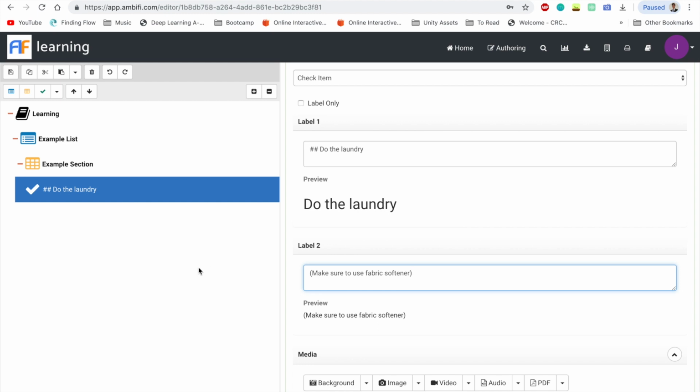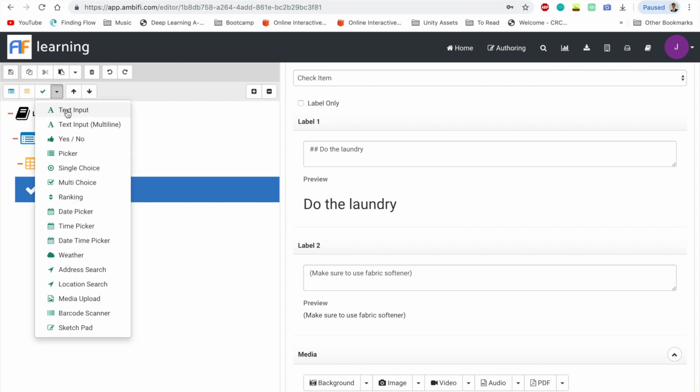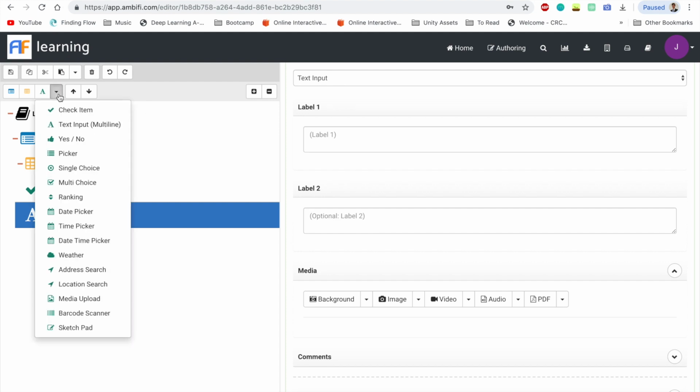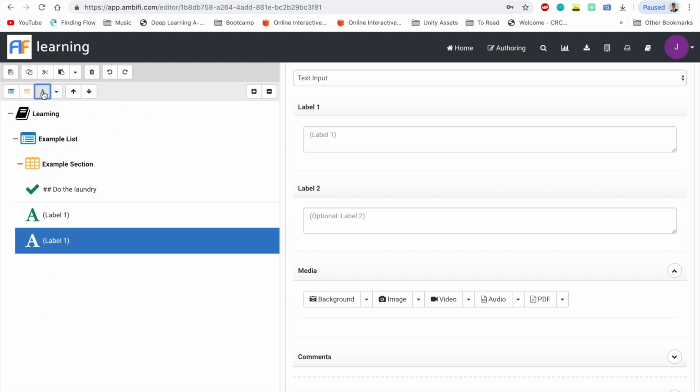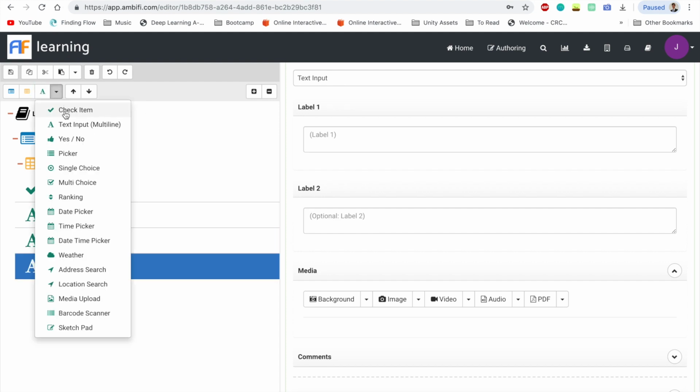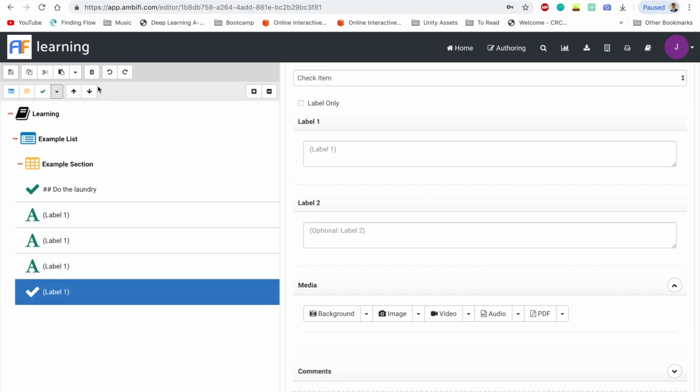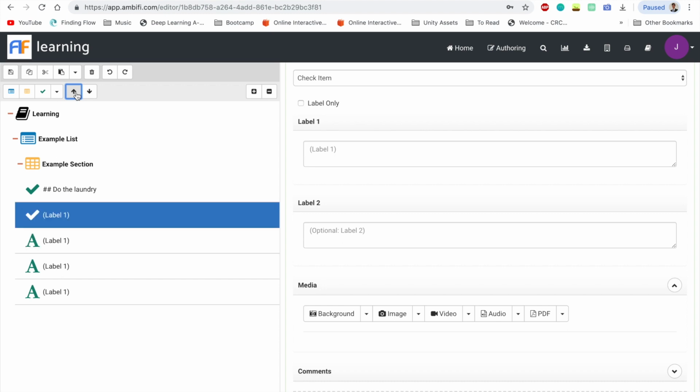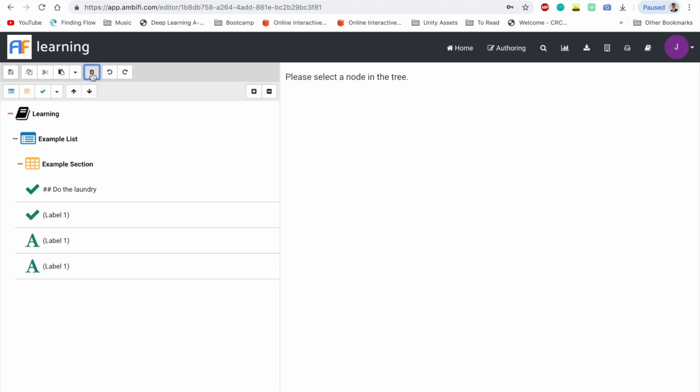Once you have this checkbox completed, you can add a different item type if you want. So let's say maybe text input. And then it'll change right here. So whenever you click this button, it'll make more. And maybe another check. And here you can see you can move them up and down. If you wanted this check up at the top, you can move it up like that or move it down, whatever you want. Let's go ahead and get rid of these text inputs for now